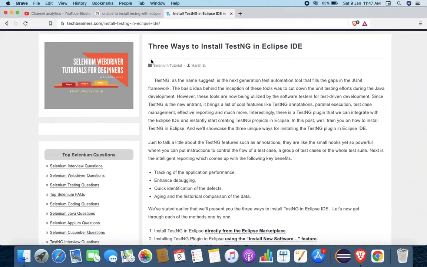The website is TechBeamers, and I really appreciate this blog because they have mentioned, in a nice way, three ways to install TestNG in Eclipse.